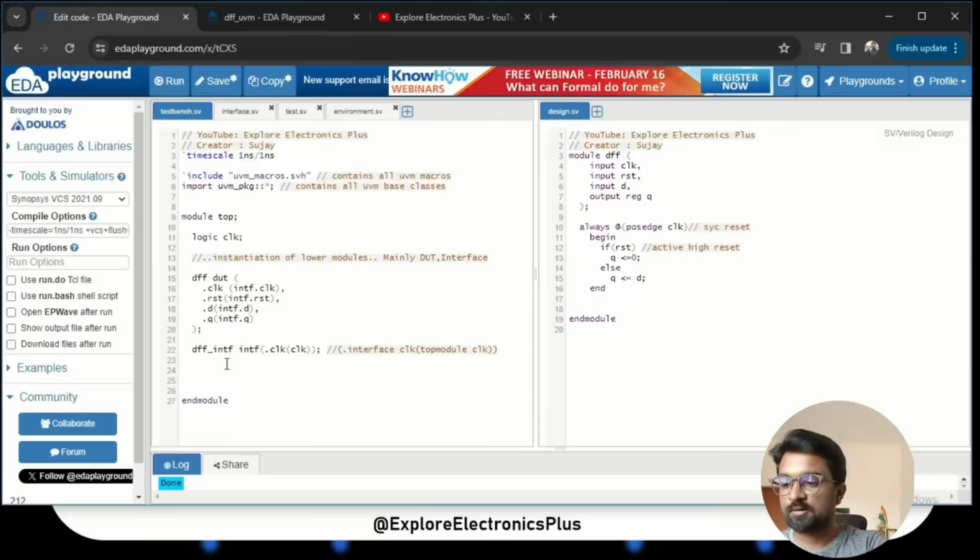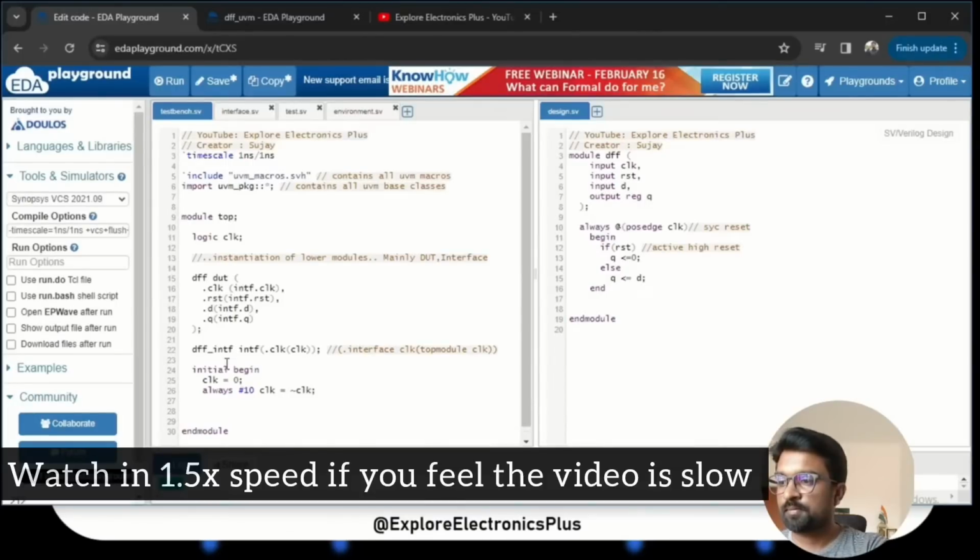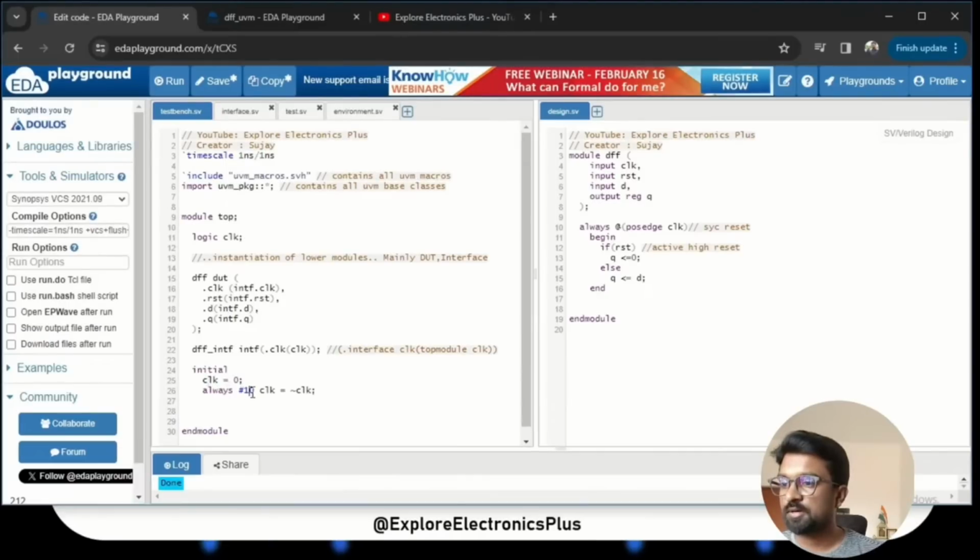So let us generate the clock now. Initial, begin. Let me give clock is equal to 0 first, and then always for every 5 time units, clock will be not of clock. This is how I am generating it. So no need of this begin. Initial clock is equal to 0, always #5 clock will be not of clock. So let me use a $monitor statement. Initial,